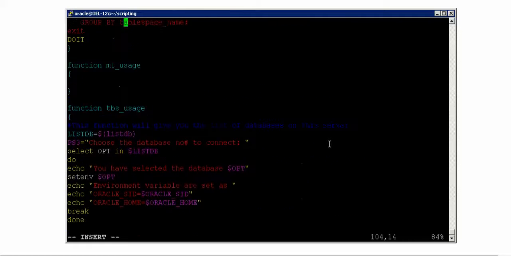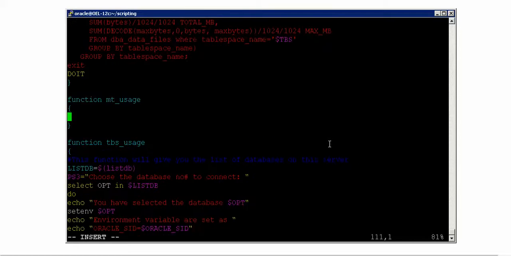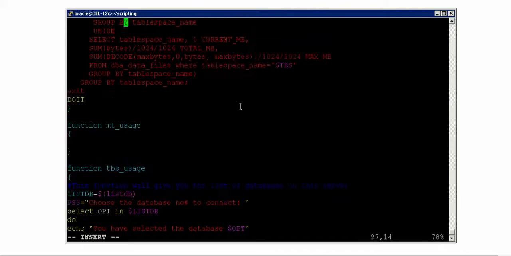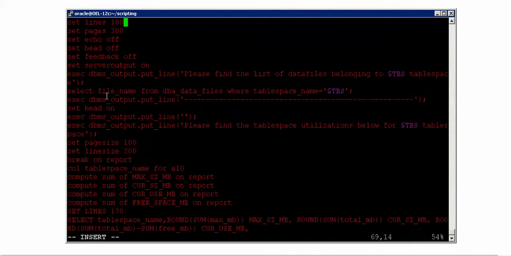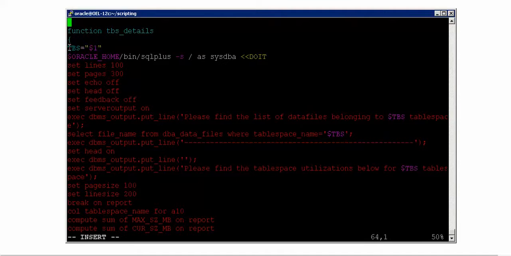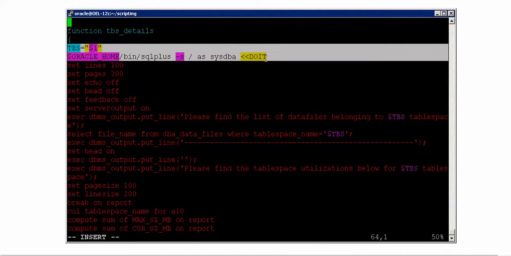So now I'm coming back to this where I have to first of all capture. So let me go, and the way that I have to connect to the database is no different.